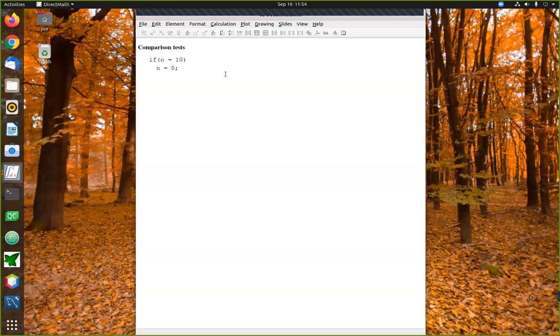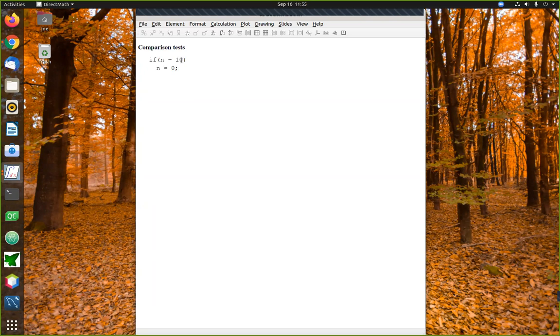There's another obscure thing going on here. If you do this command, which basically says set n equal to 10, as a side effect of doing that, that part of the statement evaluates to the value that you just set. This basically evaluates to 10. Now, an obscure fact about Java is that you can actually put a number as a test. The way that Java interprets numbers as tests is that if the number is 0, it considers that to be false, and if the number is anything but 0, it considers that to be true.